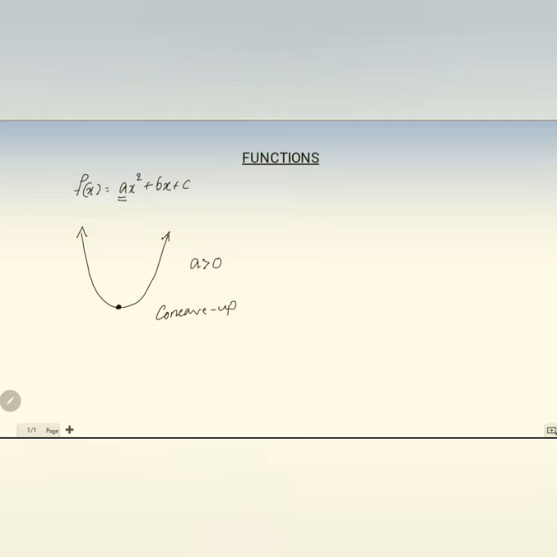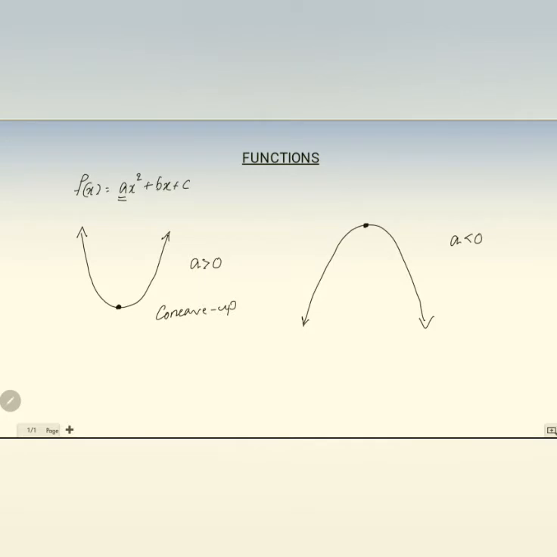That's how it is. Now the other one has a concave down shape. That is like this. Concave down shape. How do you know a concave down shape graph? Looking at a, if a is negative, that is less than 0. A means the coefficient of x squared, the number with x squared. Is negative means when you draw the graph, you will get a graph like this. Is it clear?